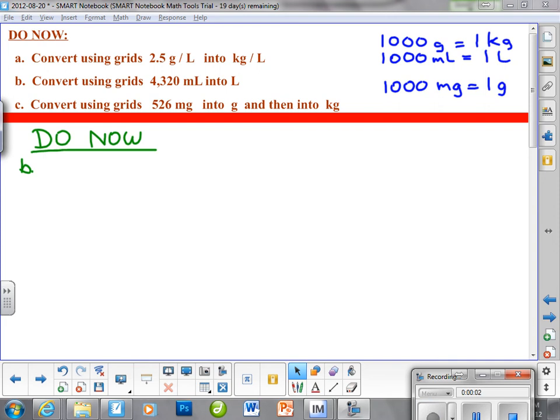We'll be doing a new concept for most people, and that is how to use unit cancellation. Unit cancellation relies upon the use of ratios. And just to get us started here, I'm going to start with the problem here in letter B, and I'm going to show you that for all problems that you do in this class, you're going to have a given